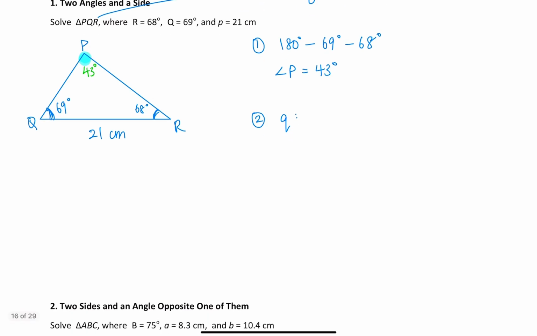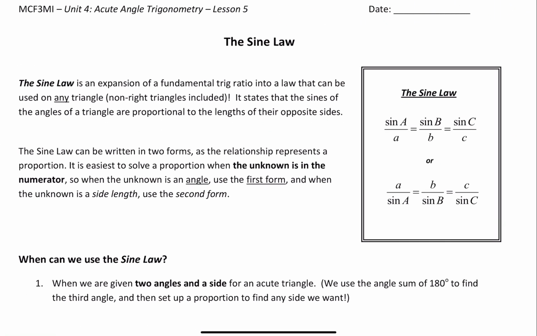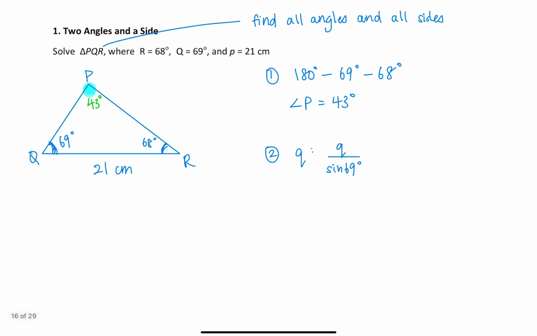And we know that we're trying to find Q. It corresponds to sine of 69. So if you look back at the sine law, we'll use this format because we're trying to find a side length. So side length A over sine of A is equal to little b over sine of B. Okay, let's use that. So little q over sine of big Q is equal to,